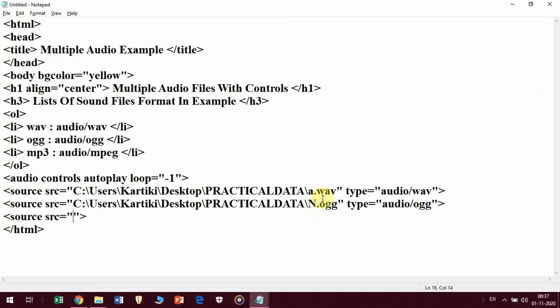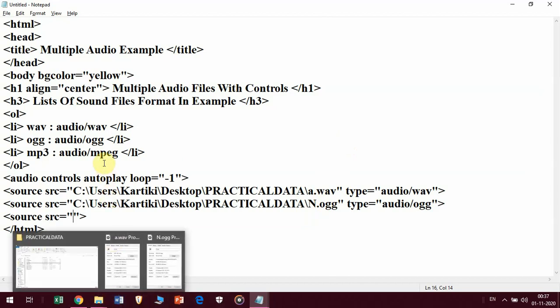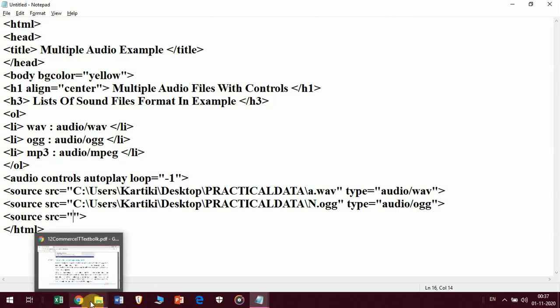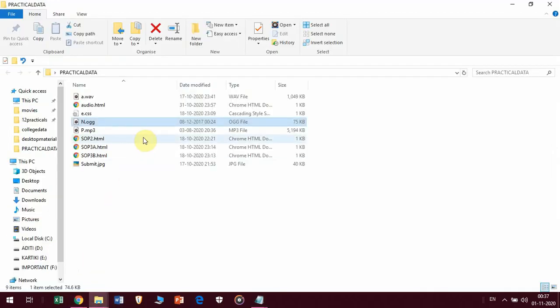Now similarly, these two paths we have copied, again I'll go where my mp3 file is saved, into this folder. Now here you can see this is my mp3 file, and the type is mp3.